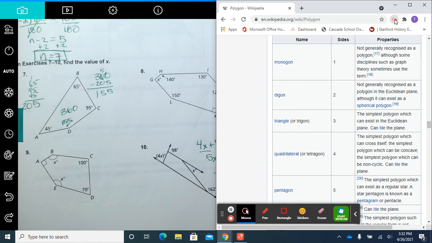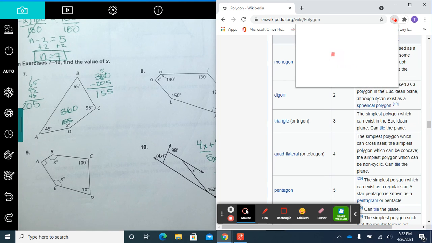get the worksheet going. And that'll be your homework. It's the student journal and the worksheet. Ask me